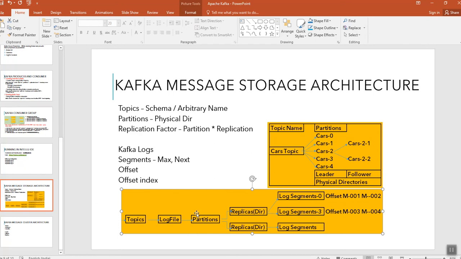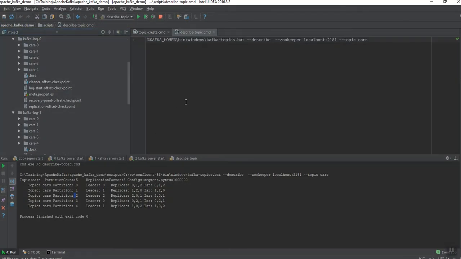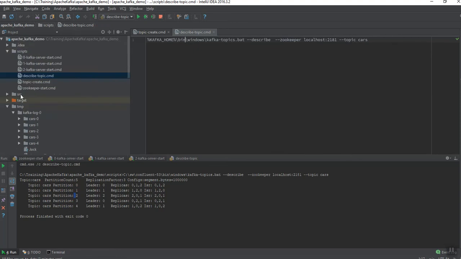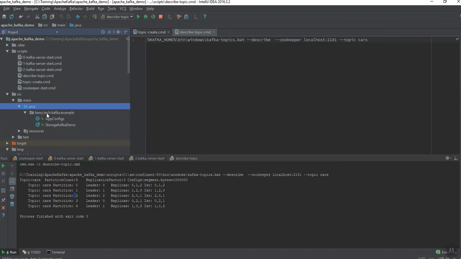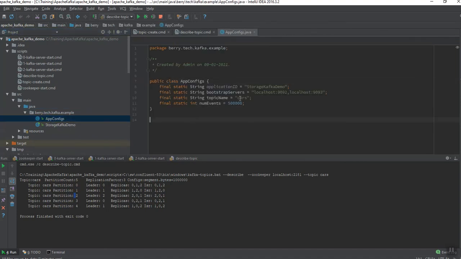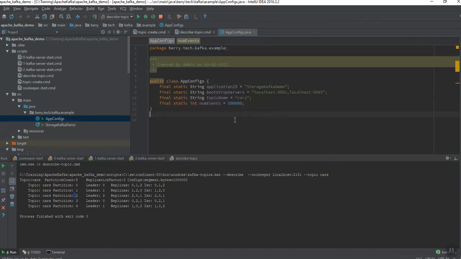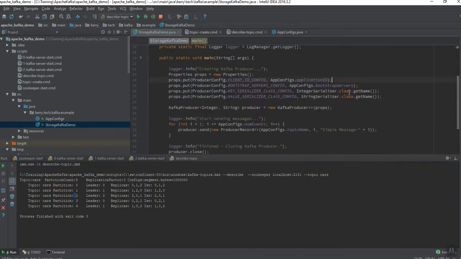Okay, so let's see while loading some data into this Kafka. This is a small application I have created here. In this app configs, for the topic I have set 50,000 for each event to split based on that, and this is the producer.